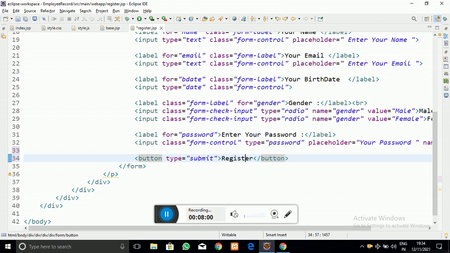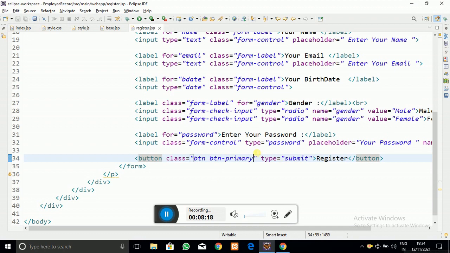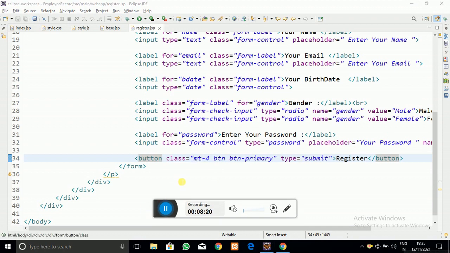Here also you have to give the class, which is the Bootstrap class itself. So I am going to add the class btn btn-primary, which is the Bootstrap class for designing the button. So just refresh the page, and here you can see that the registration button also got added here.